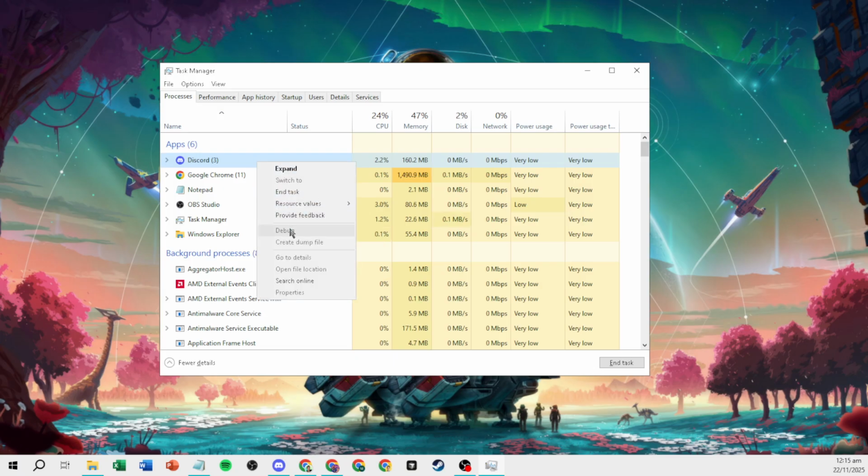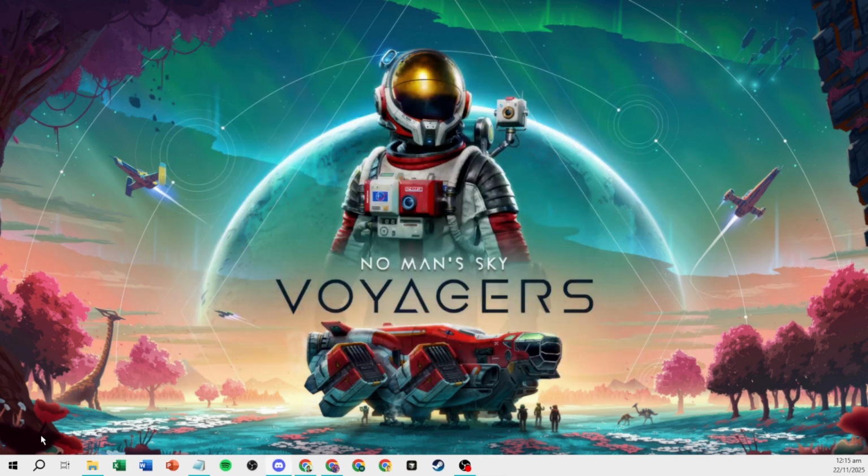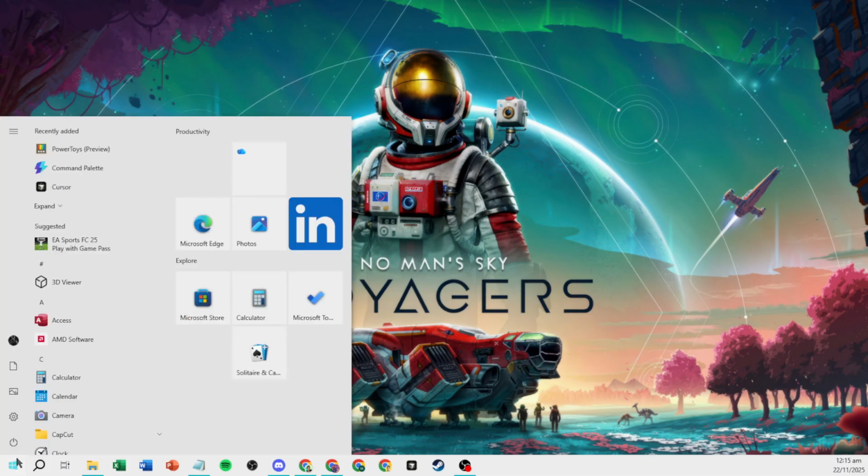After closing the Discord processes, it's a good idea to restart your PC. This simple action can clear out any temporary glitches that might be causing the update issues. Giving your computer a quick reboot ensures that you have a fresh start for the following changes.